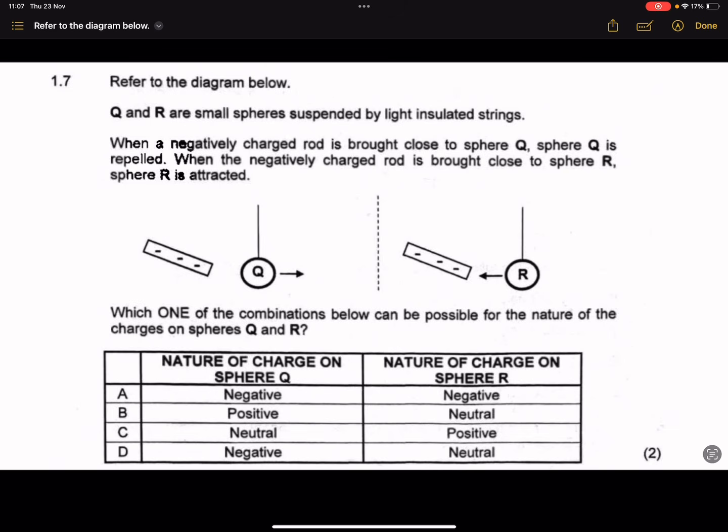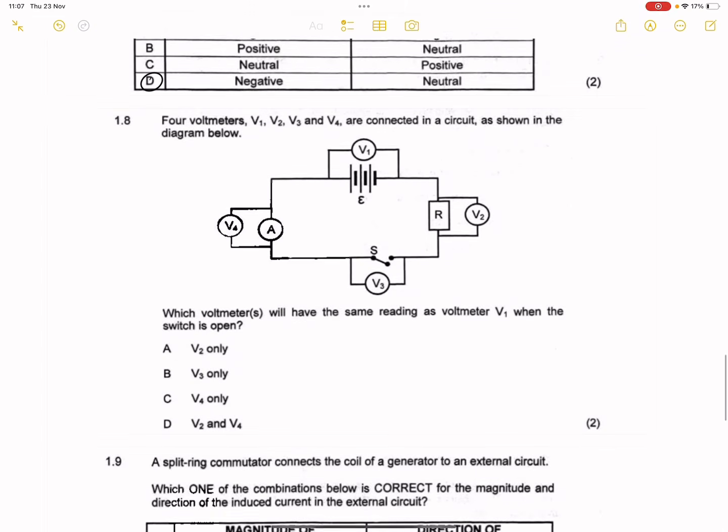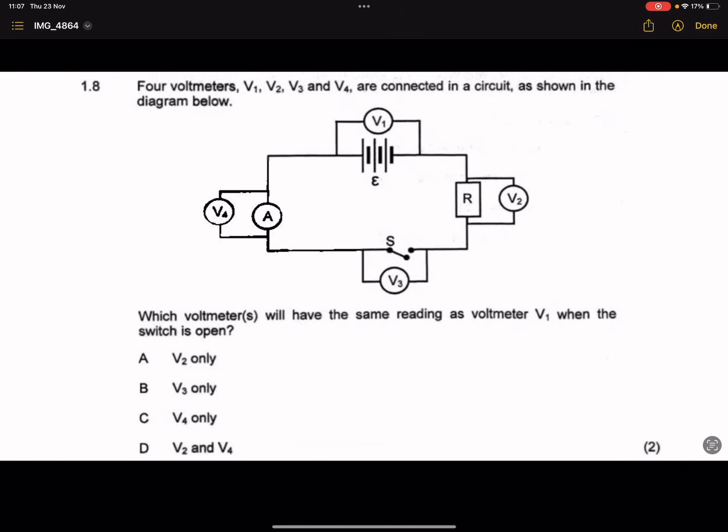Okay, so we can have D as an option there. All right. As we move right along, now they say 4 voltmeters V1, V2, V3 and V4 are connected in a circuit as shown in the diagram below, right? So they ask which voltmeter will have the same reading as voltmeter V1 when the switch